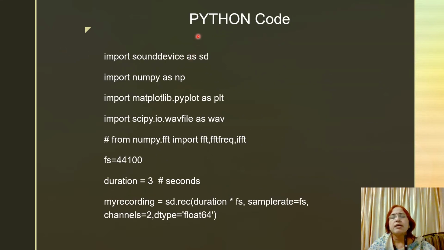To begin with, Python code is given here for recording and playing the audio signal. Before starting the program, we have to check whether the mic is connected properly and connect the speaker. At the beginning of the program, we import the Python libraries NumPy, Matplotlib, and SciPy, and we import the sound device module.